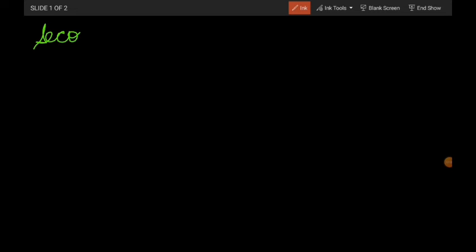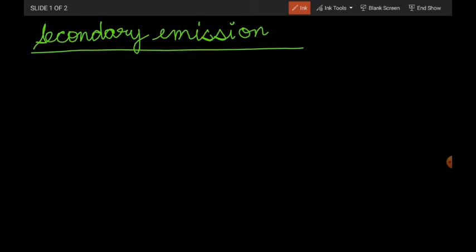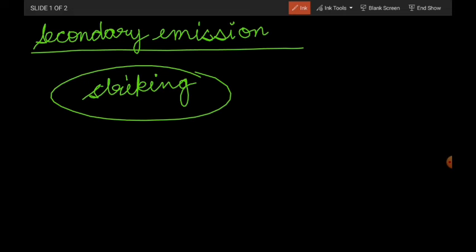Now what is the meaning of secondary emission? This is very simple. Our concern here is with fast moving electrons which are not present on the metal surface. When these fast moving electrons strike the metal surface, they transfer their energy